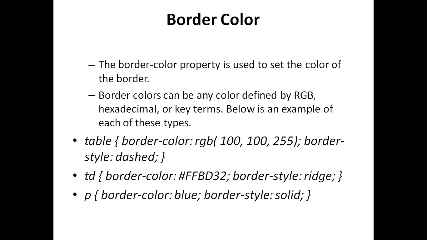Then in the second example, we can see that a hexadecimal value is present inside the border color. The syntax is actually the same all the time. We are just changing the scenario by which we mention the color, whether it will be RGB, the hexadecimal code, or the color name. And as per that, we are also mentioning the border style. Whatever border style we want, that is also mentioned here.